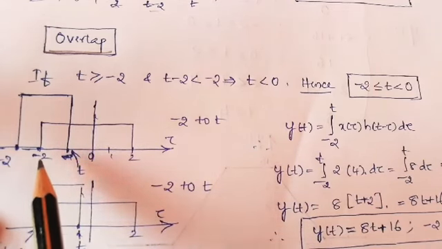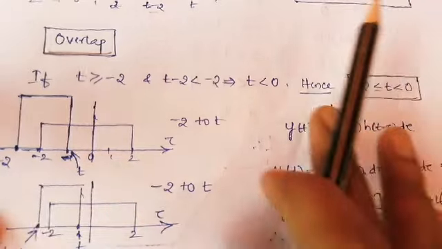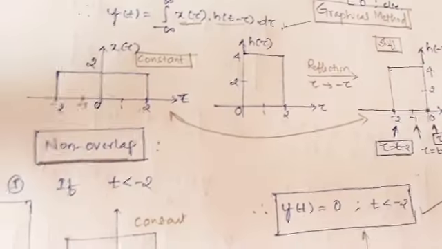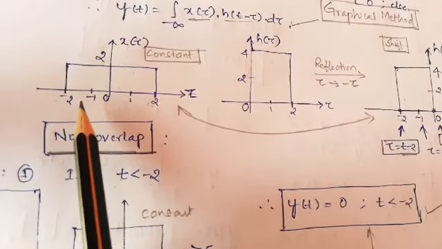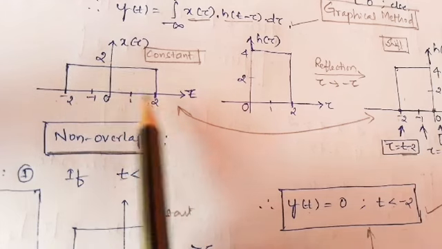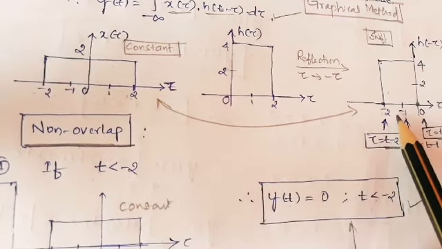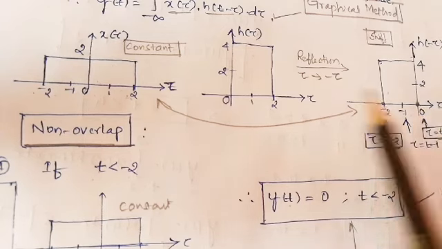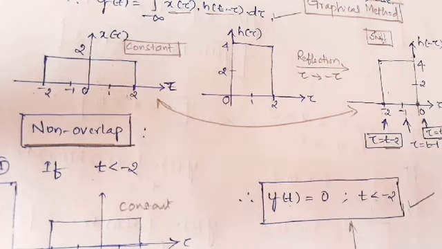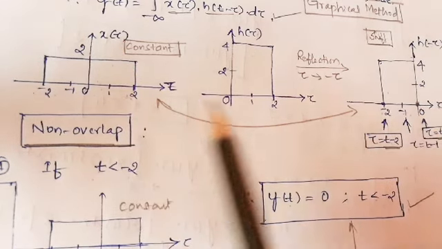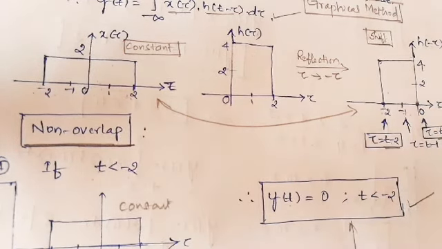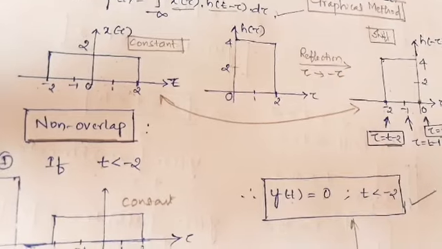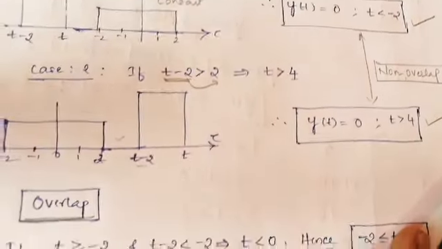Both the sequences have finite durations, and one more point we have to remember: the first sequence has a time value of 4 seconds, 1, 2, 3, 4 seconds, and the second sequence has only 2 seconds. Hence we can say that the second sequence has a lesser time duration than the first sequence. Easily this sequence will fit into the first sequence, but step by step we will shape the second sequence.